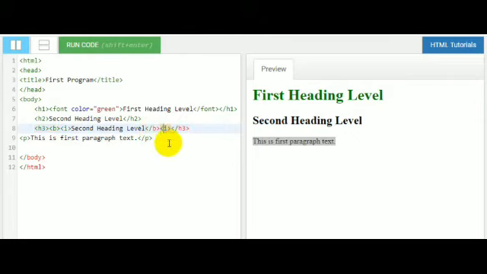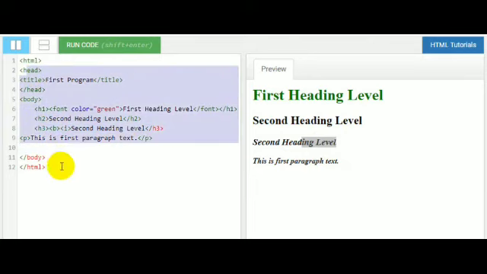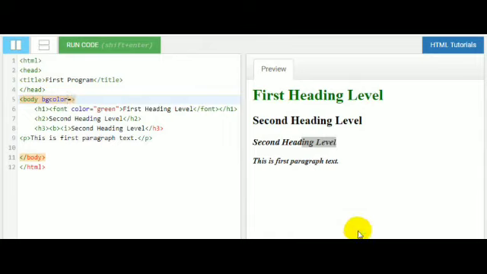In this way, now I am going to make it bold and italic. So I have used the B and I tags respectively for bold and italic. So it's now looking italic and bold also. In this way you can add some tags for betterment of your web pages. A lot of tags are there. For a paragraph you can use the P tag. For making the font bold and italic you can use B and I. For just making a separate line or separate word bold you can use the strong tag. So this is the format.